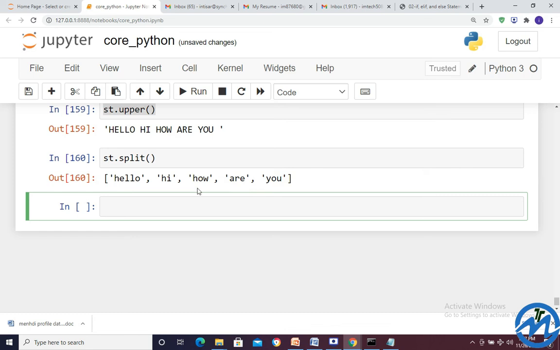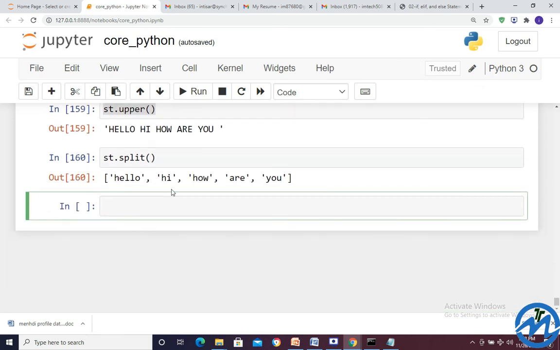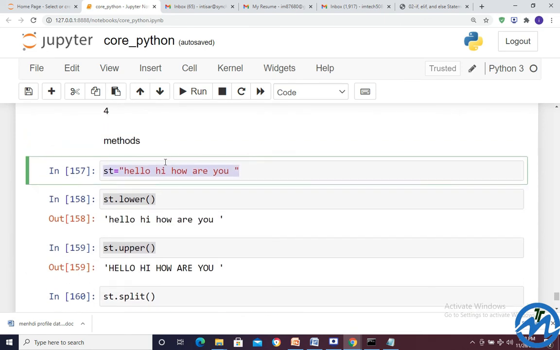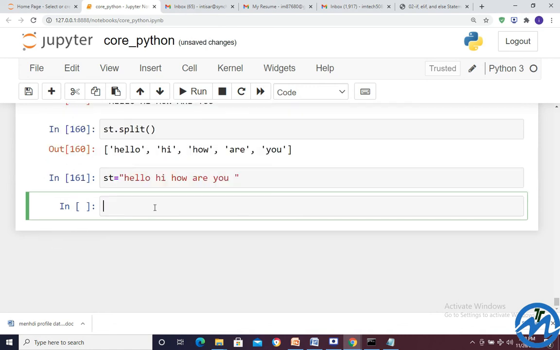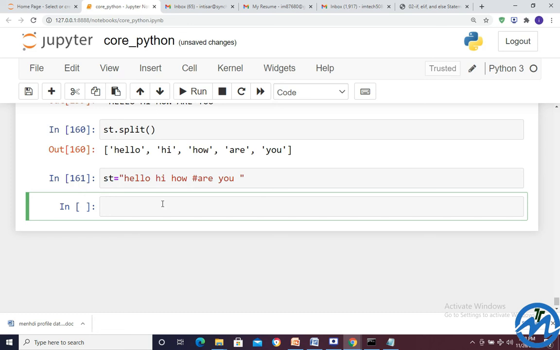Now I just wanted to split something. Suppose I have written this hello, hi, how are you. Sometimes we have some tweets and in that we just wanted to remove the unwanted data. So suppose the same data we have, hello, hi, how are you, and in that we also have a hash. So what I can do is write st dot split of hash.